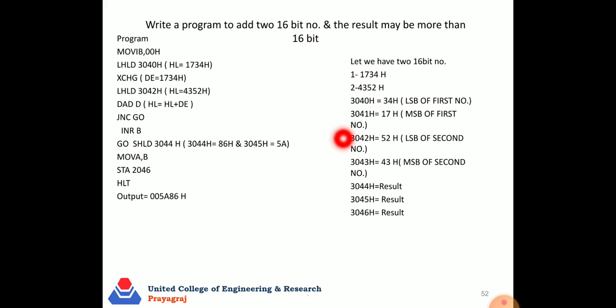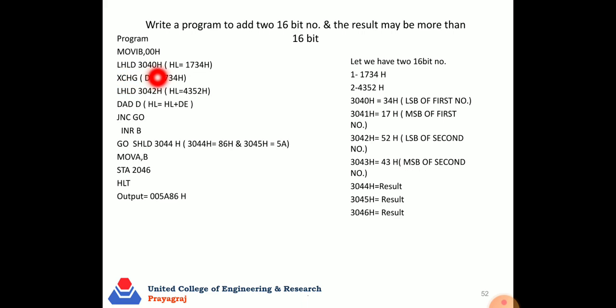If you have any doubt how we can load the number in the given memory location, you can see my video in lecture number 4, the fourth video. So here we can load the numbers, and the result is also 16-bit, and there is one more location which stores the carry. As we initialized in the previous lecture, initialize B for the carry flag. Here we also initialize MVI B, 00H.